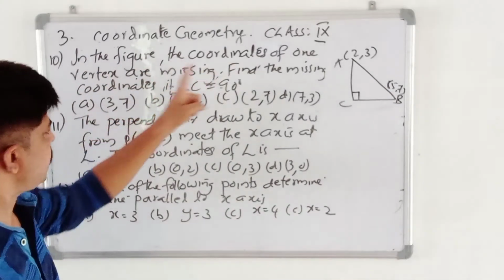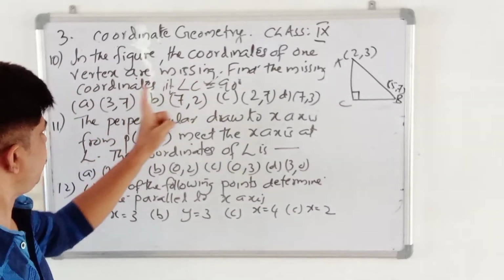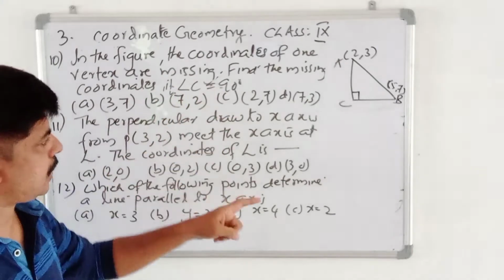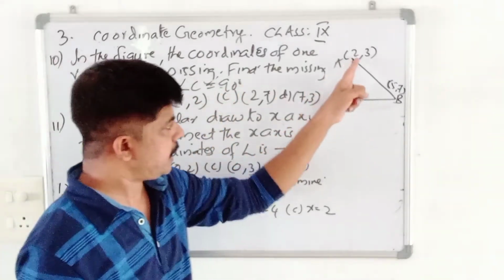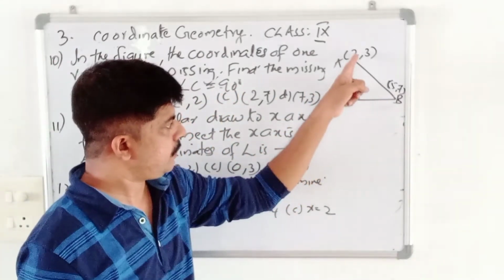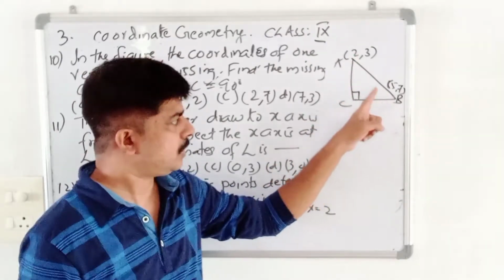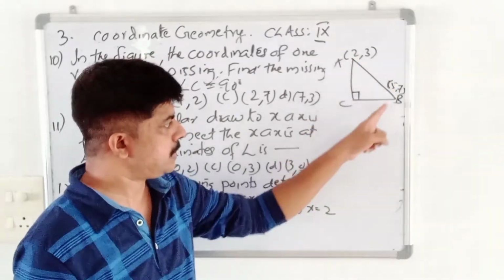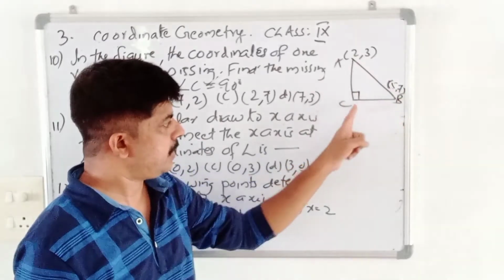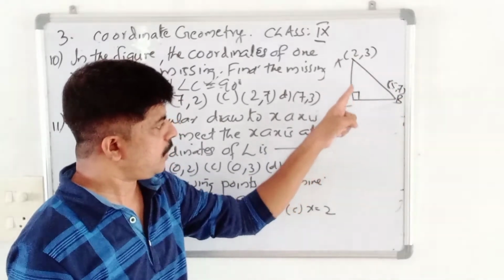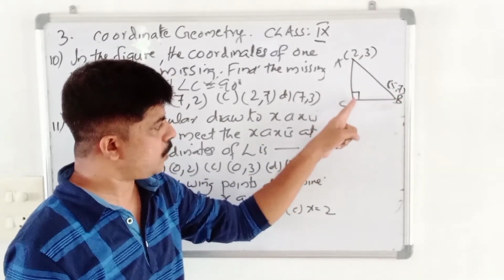In the figure, the coordinates of one vertex are missing. Find the missing coordinates if angle C is equal to 90 degrees. Okay, here is the right triangle. Definitely this figure is lying in the first quadrant because all are positive: 2, 3, 5, 7. Now let us see what will be the coordinates of the